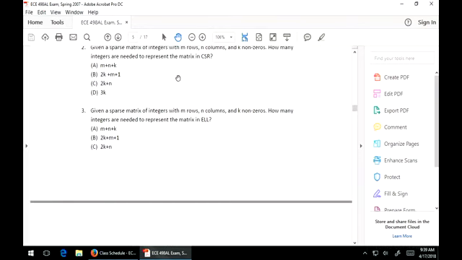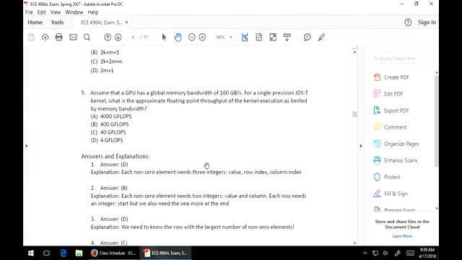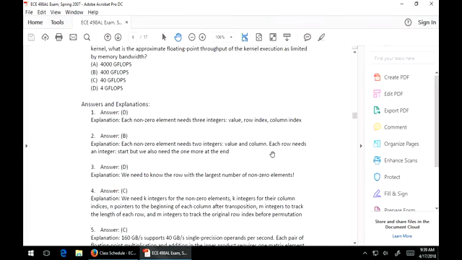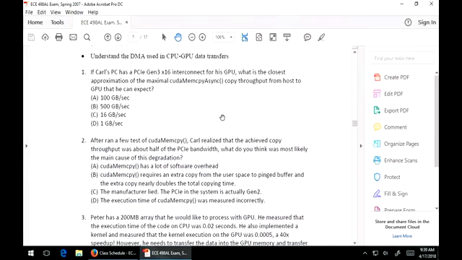Sparse matrix multiplication, for different formats, think through the data structure, the size, and any additional information you need to keep. And then memory bandwidth. How do you reason about some of the memory bandwidth and PC system architecture? We'll give you some specific examples using a particular generation of PCIe. And then, if you need to transfer so much data and you want to accelerate by so much, you should